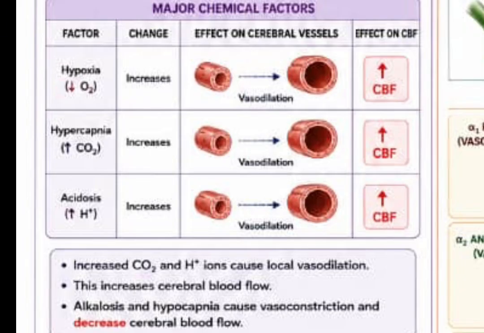This causes vasodilation of the blood vessel naturally. That is when, in the Cushing reflex, you stimulate the vasomotor center to vasoconstrict to increase blood flow, only when you have an increase in intracranial pressure. But naturally, when there is hypoxia, an increase in CO2 and an increase in hydrogen ion, this favors an increase in blood flow under a normal condition. Which means to increase blood flow, the CO2 level has to be high. But hypoxia being the prime vasodilator of the blood vessel is also bad, because when there is prolonged hypoxia, what